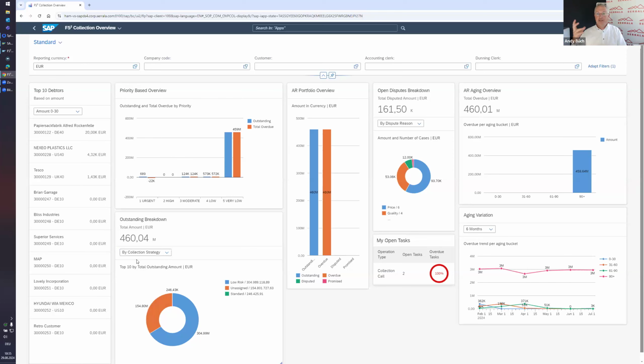DNB does have this information by looking at the financial numbers, by looking at those characteristics Daniel went through, and we use this as an additional characteristic to make sure that the correct collection strategy per customer will be derived on one hand. On the other hand, we might use this as well to prioritize your tasks.